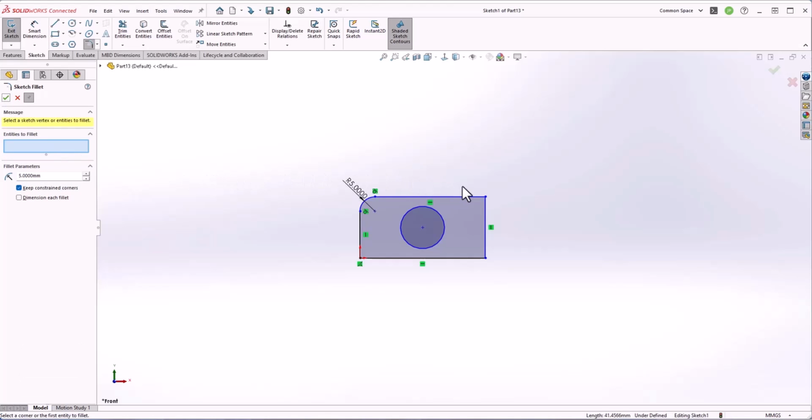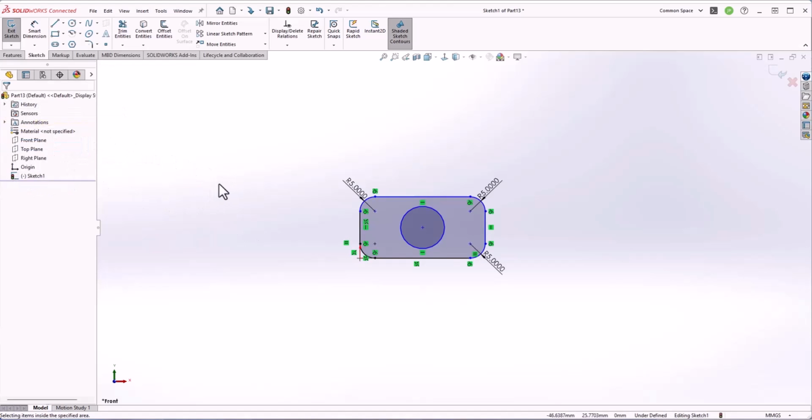You can also select just the vertex and the fillet will be applied even in that case. And if you want to apply fillet on several vertices directly, then make a box, and that's going to apply the fillet directly on all the vertices. Click OK, and the fillet is applied. In a similar way, the chamfer tool works. So I'll press Ctrl Z a couple of times to return back to the main drawing,